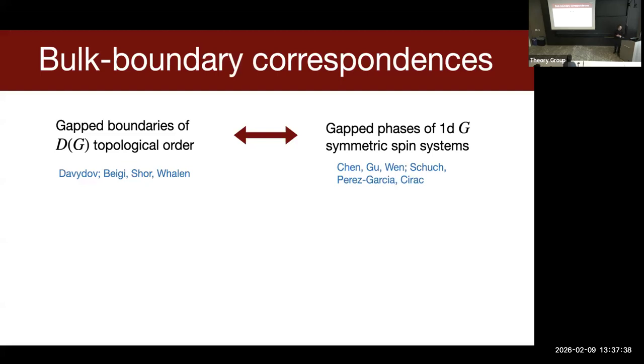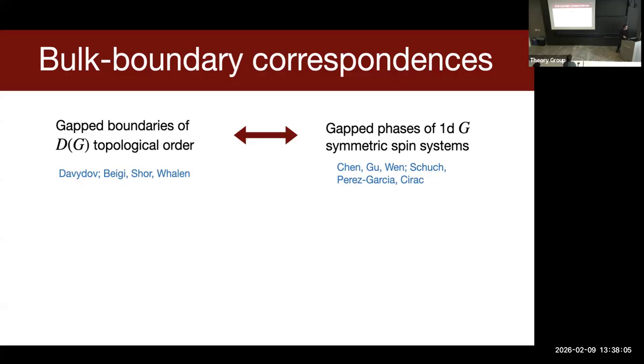This is the observation that gapped boundaries of G gauge theories in 2+1 dimensions, so that's this D of G topological order, are in one-to-one correspondence with 1D spin chains. So if I have a one-dimensional spin chain with a G symmetry, one could label all of the gapped phases by